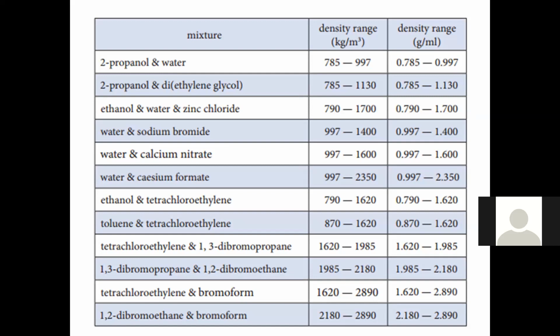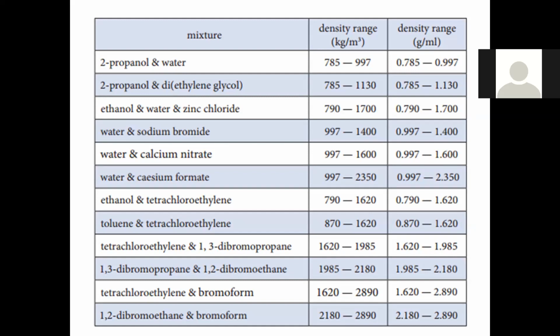If you prepare the column by using these two liquids, you will be able to measure the density of polyethylene fibers, because polyethylene fibers have their density in the range of 0.91 to 0.97, depending on the molecular weight of polyethylene. If you remember, I discussed this point when I was discussing high performance, ultra high molecular weight polyethylene fiber in your last semester.